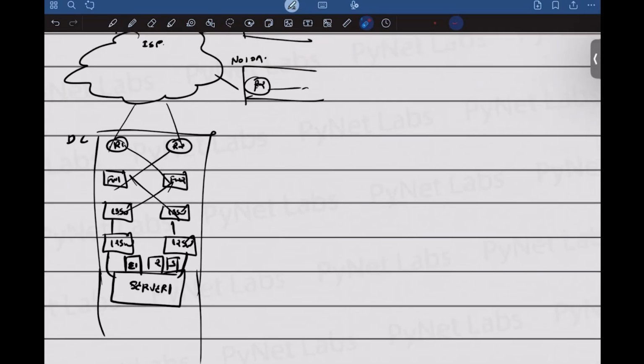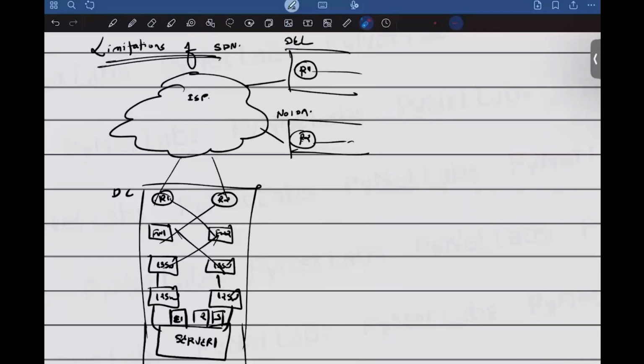Now, in the traditional scenario, all the devices over here in the topology, like routers and firewalls and switches and whatever it is, all of these have their local management plane, their local control plane, and their local data plane. But if you look at the